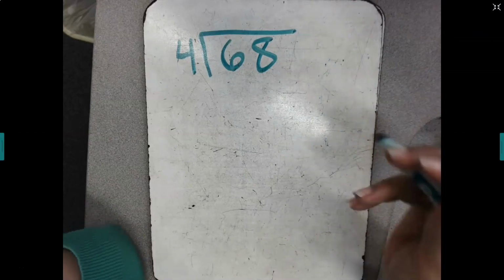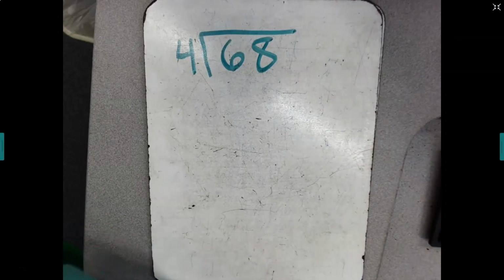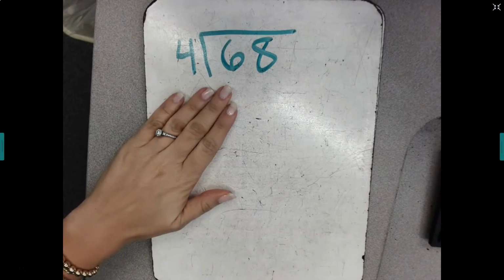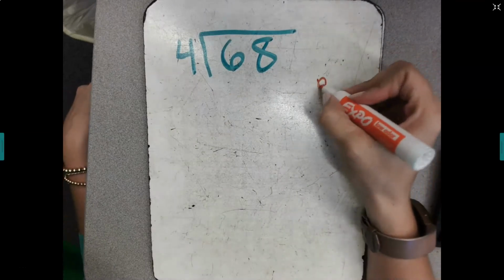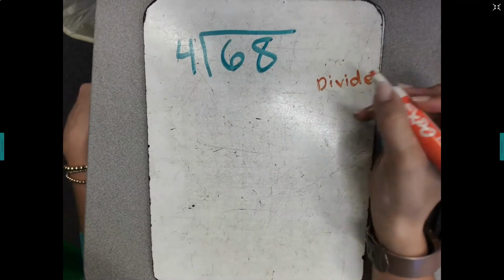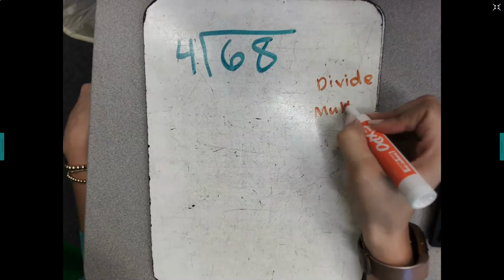We're going to talk about the steps of long division. So we're going to start with this example here, and we'll keep our steps in mind as we go. We're going to go ahead and write them. Okay, our first step is divide, then multiply,